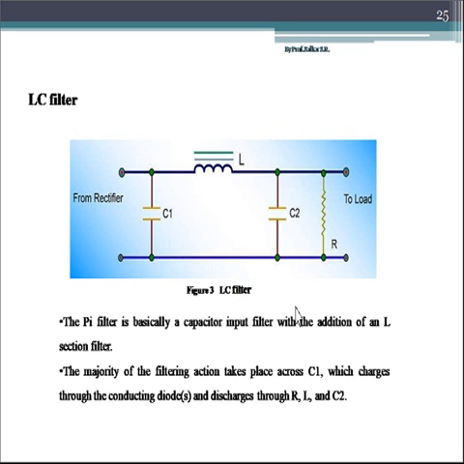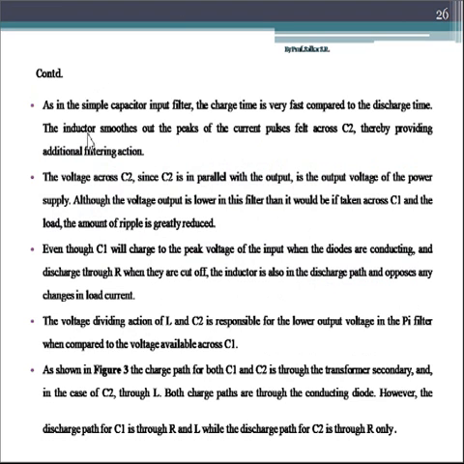So this is how the LC filter works. The C filter gives the AC to the ground and blocks the DC. That DC is then given to L while discharging, L passes that DC to C2, and C2 again blocks that DC and gives it to R while discharging. Whatever I have explained is given in the theory part over here. All of this explanation is written here, and you can refer to it for your understanding also.